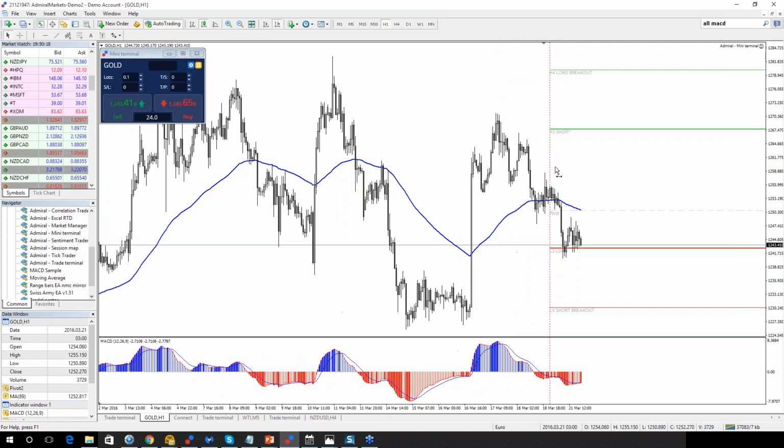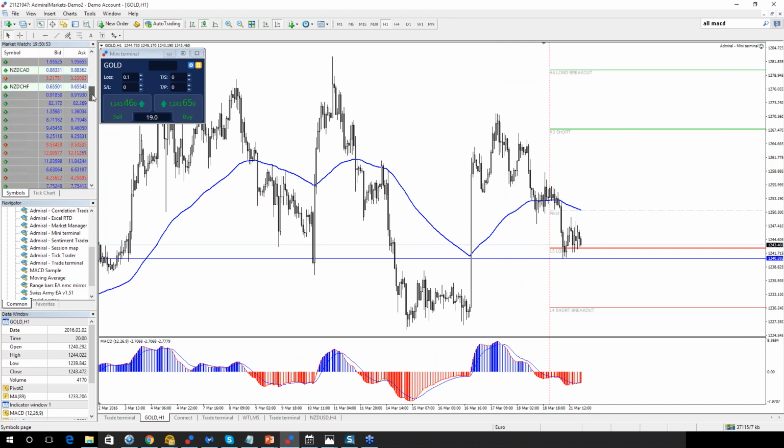But gold, this might look like a giant inverted head and shoulders here. If this is left, this is head, this could be right shoulder. If it starts to reject, then this could easily be a giant inverted head and shoulders. It looks like it's rejecting, but gold will go down if it breaks this level here, because this is double top, double bottom. If it breaks the double bottom, it should go down. I don't see platinum here.